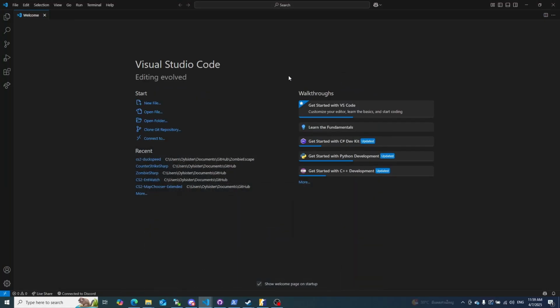Hello guys, my name is our sister, and today we're going to work on a simple CounterStrikeSharp plugin that is going to remove the weapons that drop on the map. Many of these servers, especially zombie escape, have a lot of players running around, and sometimes they are buying a lot of weapons to fight against the zombies, maybe fighting the boss, and then when they buy the weapons, those weapons get dropped into the world